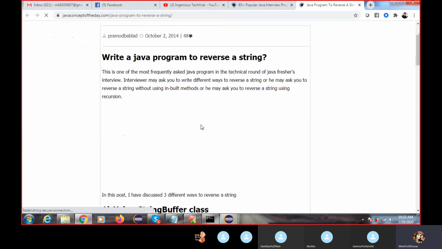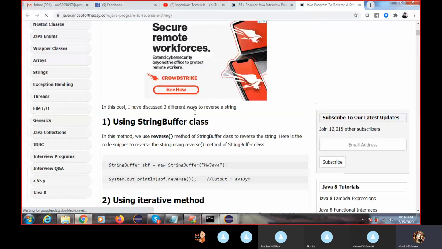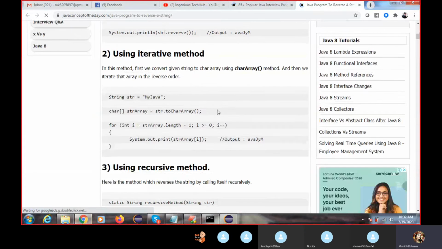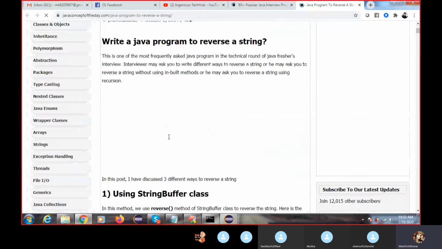In Edit Plus, we use it for practice purposes, but in real time we use Eclipse. We don't use Edit Plus in real time. This is the logic they have written and you are not able to understand it. Then what we can do is debug this code line by line.